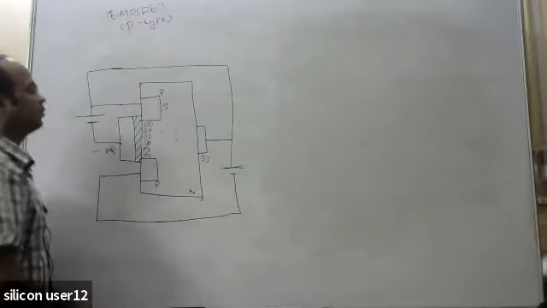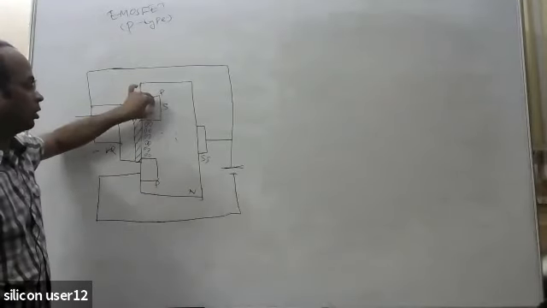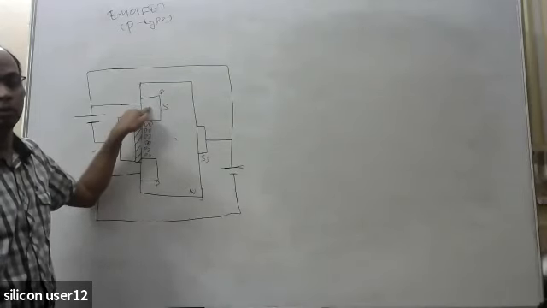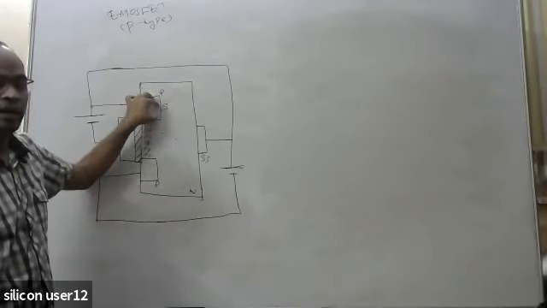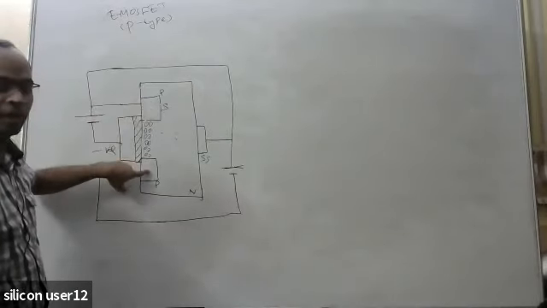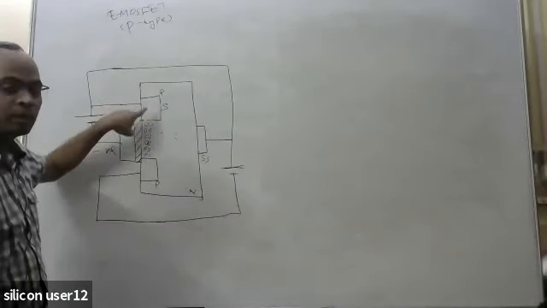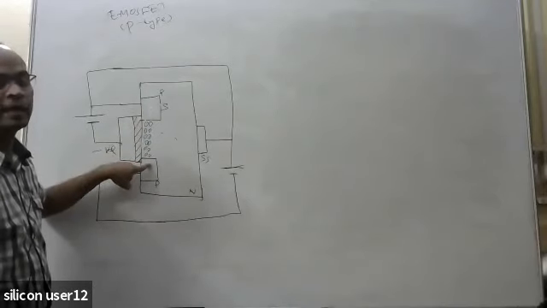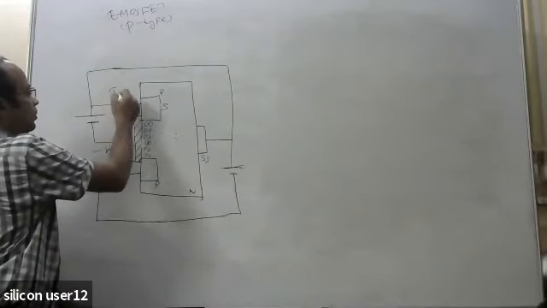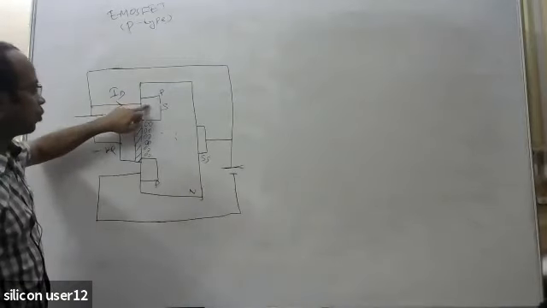Now, why is it called the source? Because this is the source of the holes, because this one is at a higher potential. Higher potential means it has more holes. So it is the source, and the holes are going from this terminal to this terminal. Since the holes are moving from here to here, what will the Id current direction be? This will be the Id current direction. Yes or no? Because holes are moving.